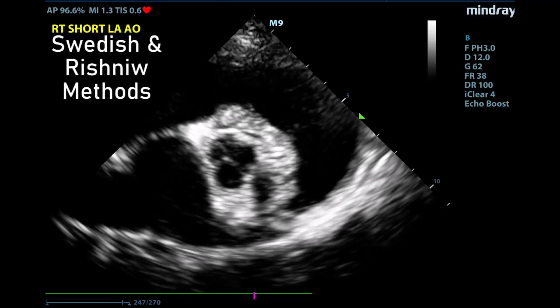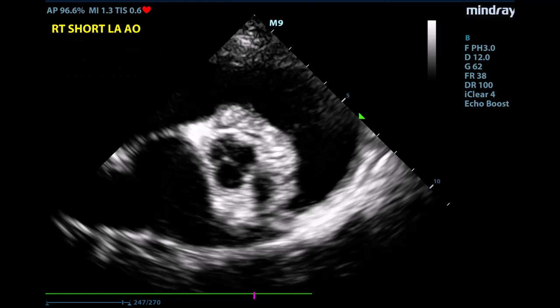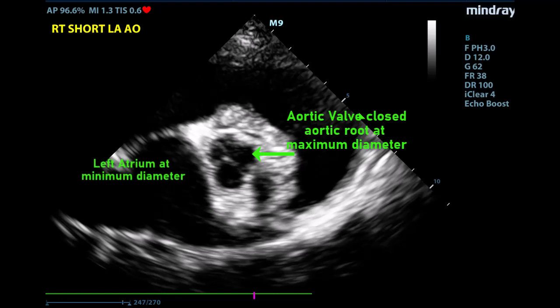The Rishniw or Swedish methods of two-dimensional LAAO ratio calculation can be used. In both of these methods, measurements of the left atrium and aorta are made from a still image of the two-dimensional LAAO view while the aortic valve is closed, 1 or 2 frames before the aortic valve opens. At this point, the aortic valve root is at its maximum diameter, while the left atrium is at its minimum